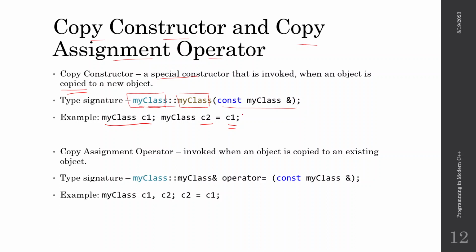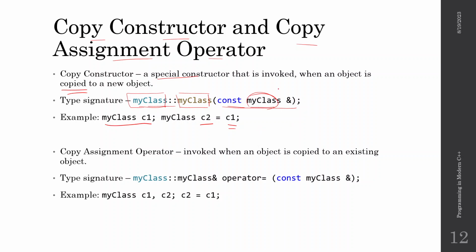So in the argument list we have const, class name, and ampersand. So it is a reference to an object of the same type as the class itself. Okay,